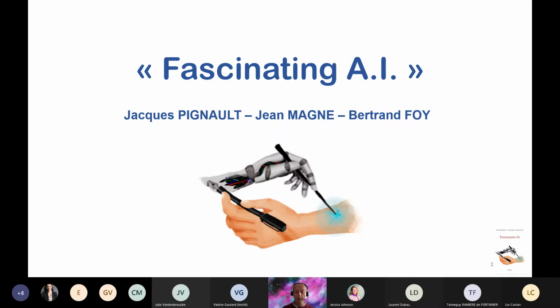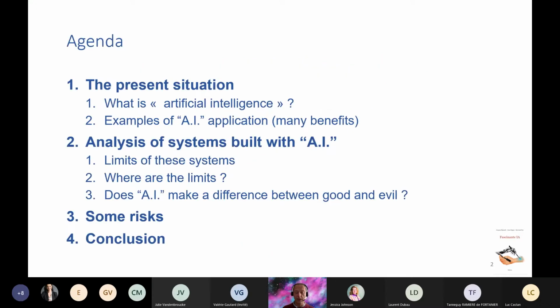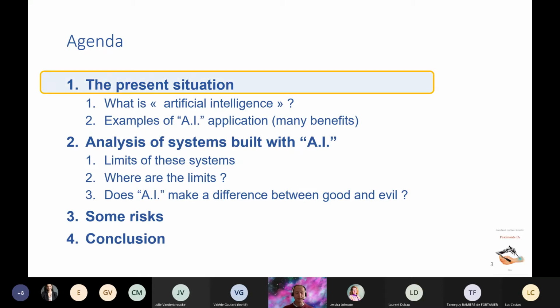I intend to highlight many benefits we can expect from AI and highlight some of the risks that we should consider. First, we will discuss intelligence itself. Then take examples of AI applications in our life. This will lead us to consider some defects, and we will discuss the differences between human and machine intelligence in order to pick up the advantages and disadvantages of each before concluding on some topics we should keep in mind.